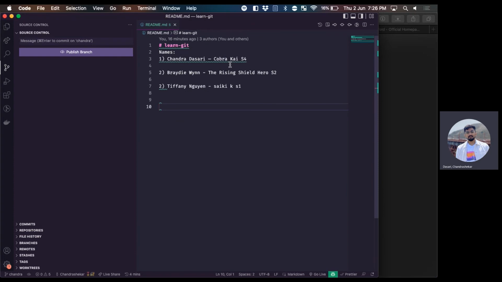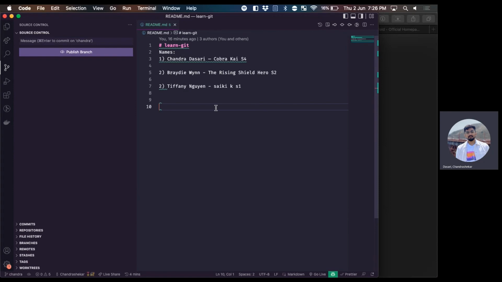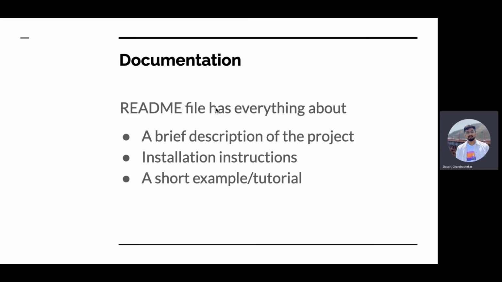Yeah, it gives you errors and all that stuff. So you can just use VS Code to do it instead of using command line. But if you're familiar with command line, try using command line. That's pretty much it for Git and GitHub. That's all you need to know for the workflow for it.